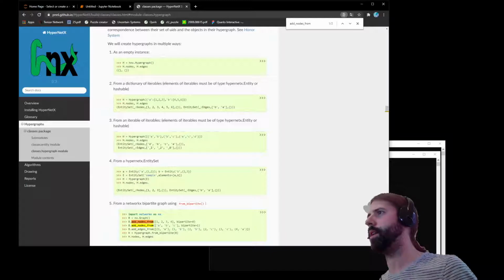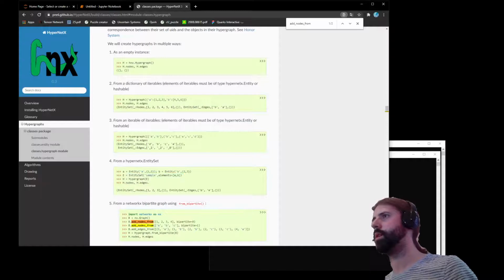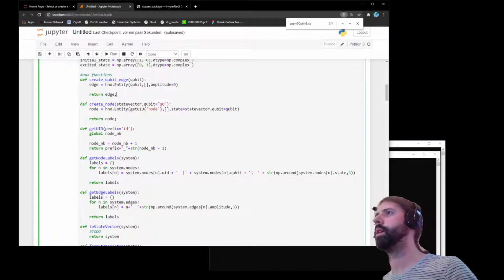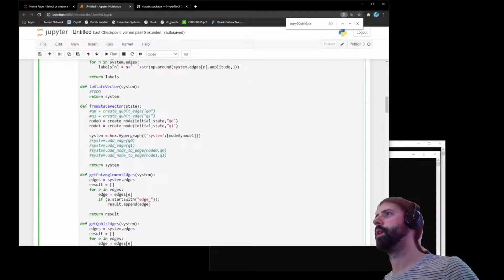Entity set. Elements AB. So I can do it like these. From an entity, can I just do it like, so can I just do it like